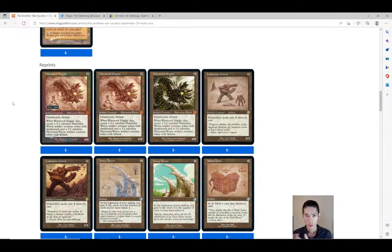These are Wurmcoil Engine cards. They're being printed in 2022. They're not being printed back in the first set ever released. So obviously these are not going to be worth hundreds of thousands of dollars. However, I think these are going to be worth quite a bit of money. Just how much is going to be hard to tell,